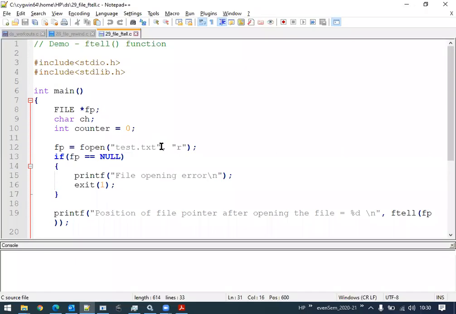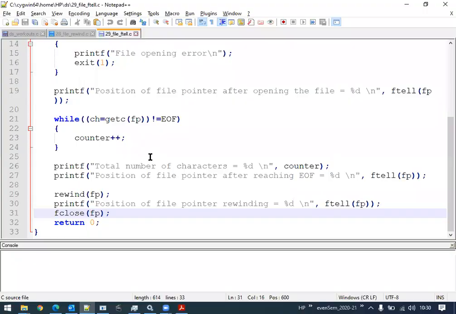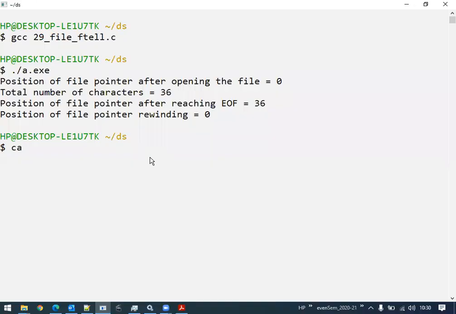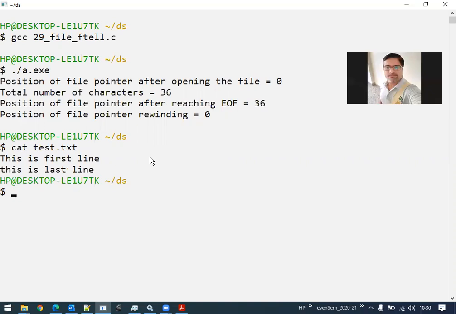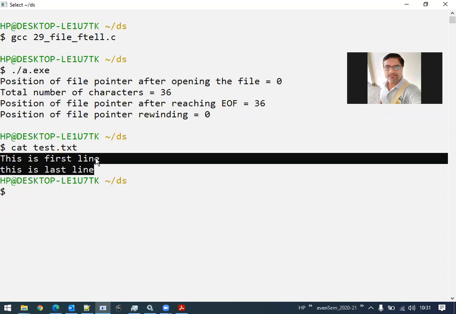The file which we used in this program was test.txt, right? So what is there in test.txt? We can simply check it here. I can use the cat command to display the content. How many characters are here? Can you just cross verify? Are there 36 in count? Yes, sir, 36. There are exactly 36 characters.